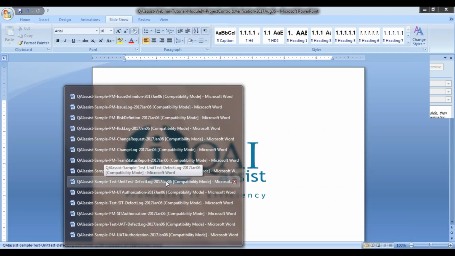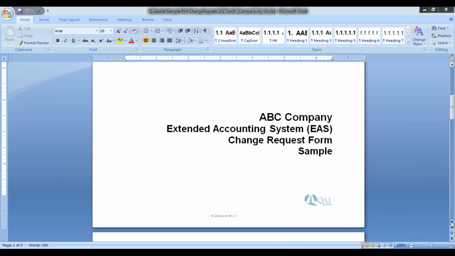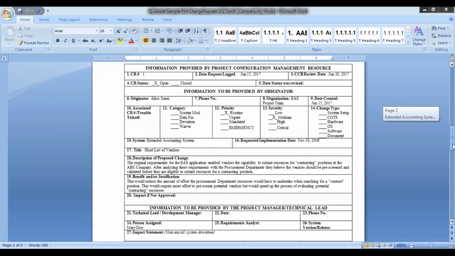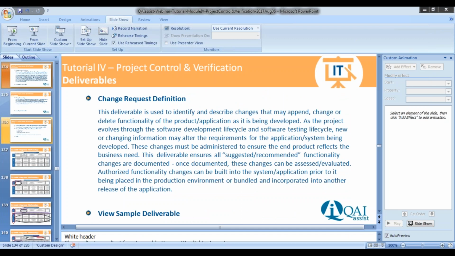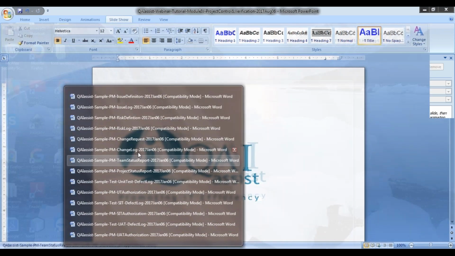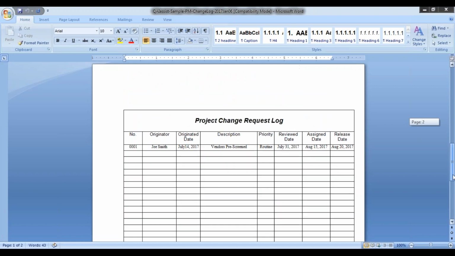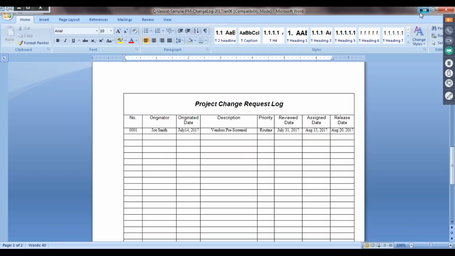Change request log. Here's a change request. Ultimately, what we're trying to do is say, here's a change request form. What's the change request? Where was it? What was it? Who found it? When was it found? What does it include? What are the benefits that are going to be? And again, it doesn't always have to be populated, but it's important that we say, let's document this. Similarly, we need a change log to keep track for all of us and for the project team and the stakeholders, so we've got a sense of all the different change requests that have been touched on as we've gone through the project.